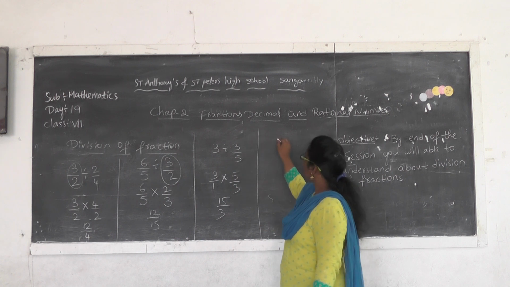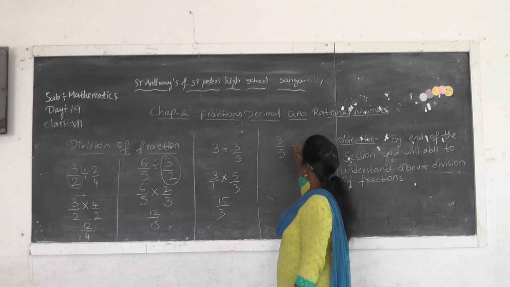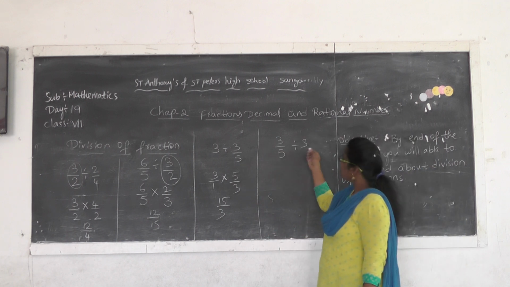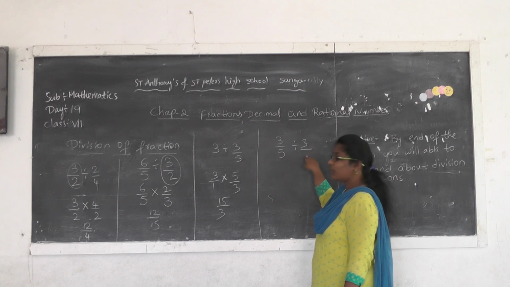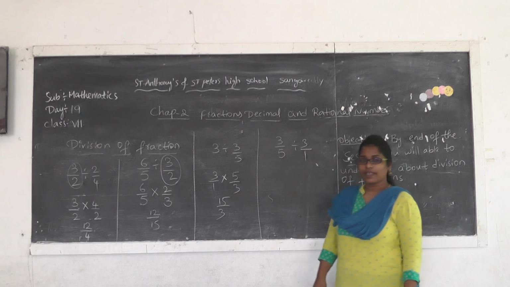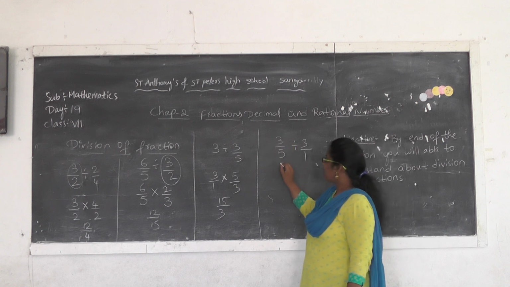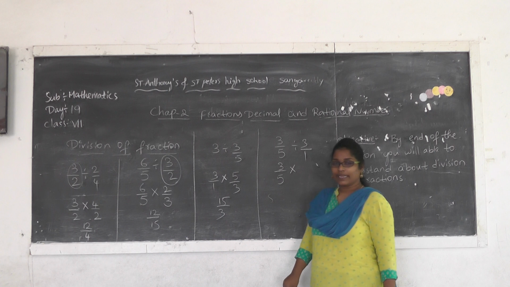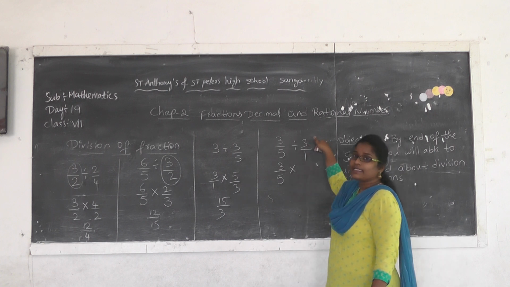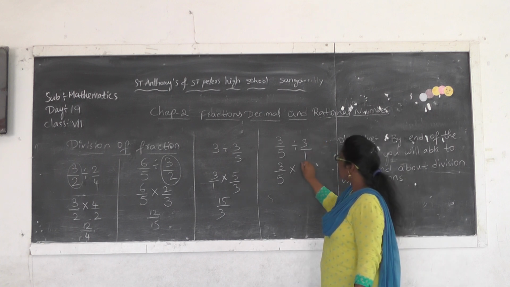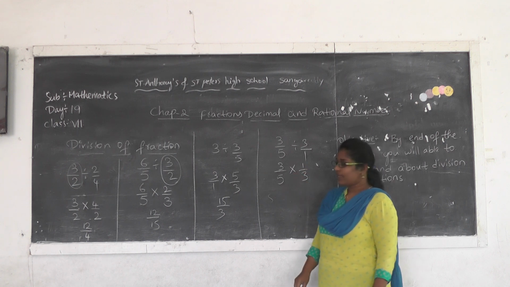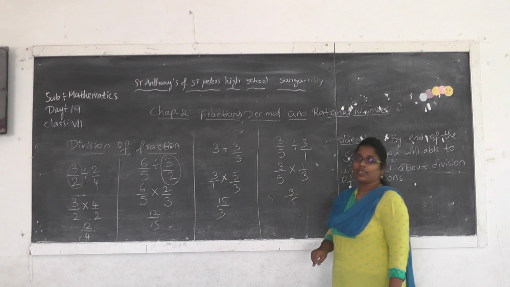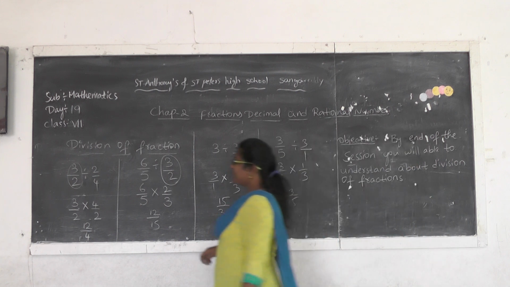In some situations we will divide a fraction by a whole number. At that time also it is very similar. For 3, where nothing is in the denominator, we have to assume it as 1. Now the first fraction we write as it is, 3 by 5. The division we make into multiplication by changing the second fraction into its reciprocal. Now it will come as 1 by 3. Yes. Now 3 1s are 3, 5 3s are 15. Are you able to understand how we will do division?